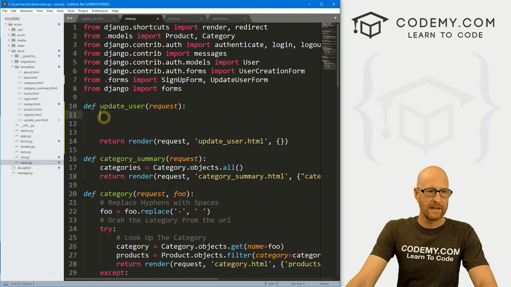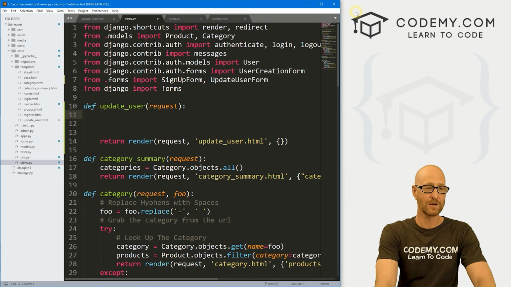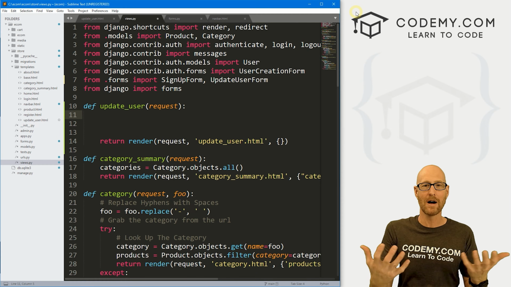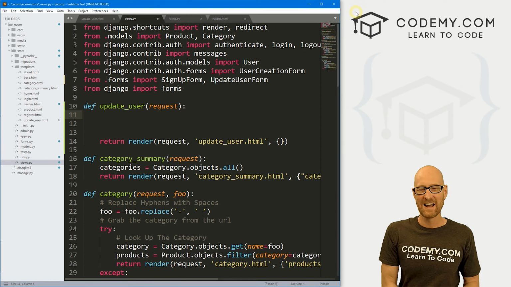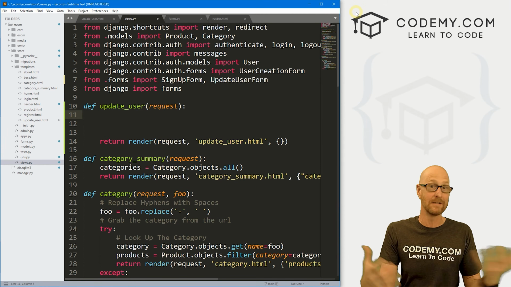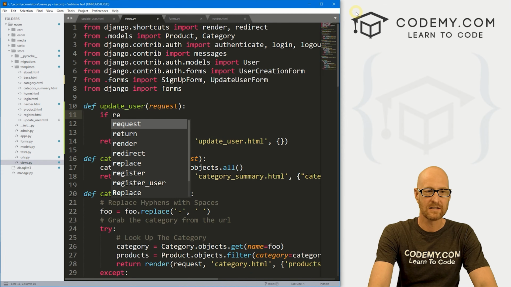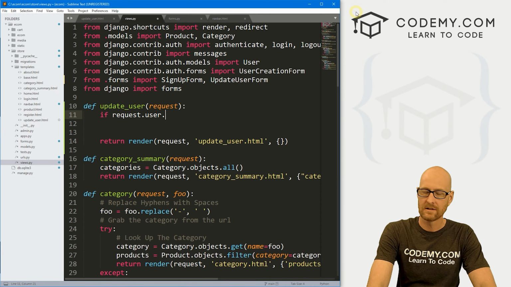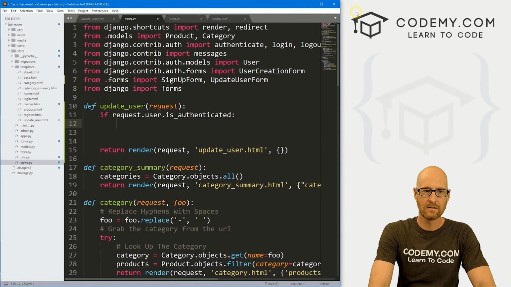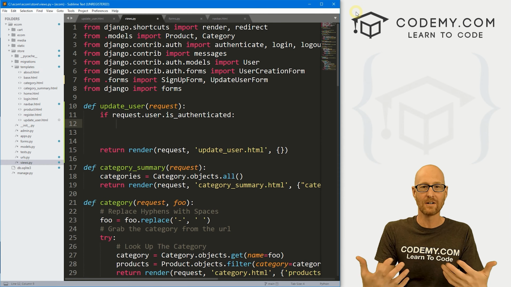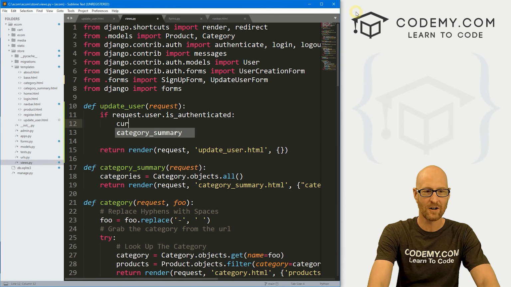So now we can use that in this update user function. We need to do some work in this function. First things first, we only want this page to be able to pop up if a user's logged in. If they're not logged in, it means they don't have an account, and we can't have them updating an account that doesn't exist, right? So let's start out by saying if request.user.is_authenticated, and we've done this sort of thing before, then first things first, we need to know what user we're dealing with, right? So let's get the current user,